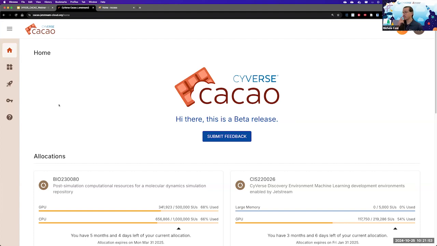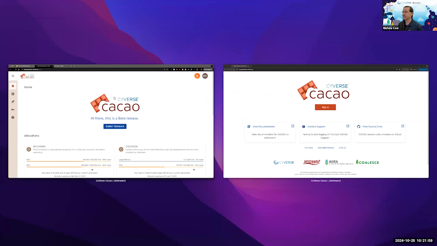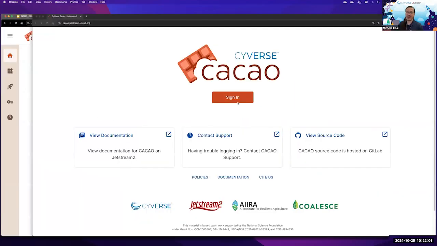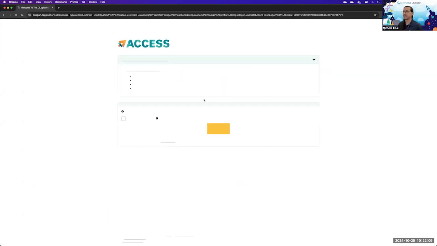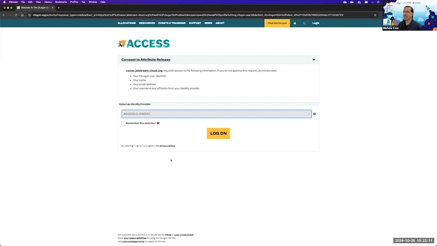This is what will be the CACAO home screen after you have logged in. If you've never logged in, then this is what CACAO would look like when it's the first time for you to sign in. You will notice that when you click sign in, it will ask you to sign in through Access.